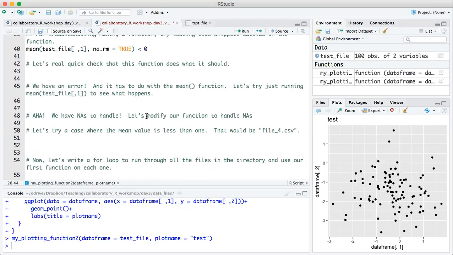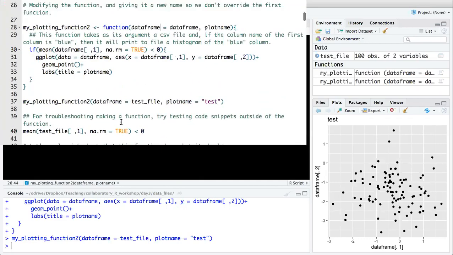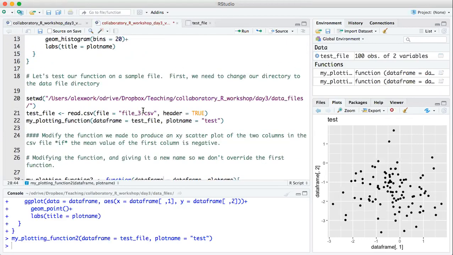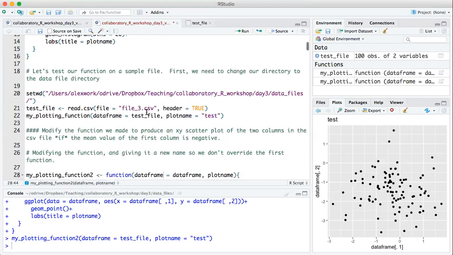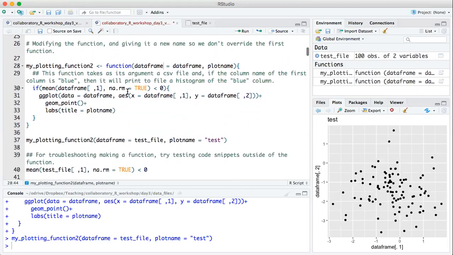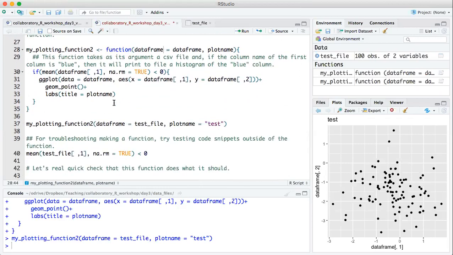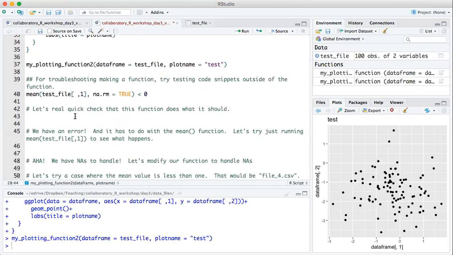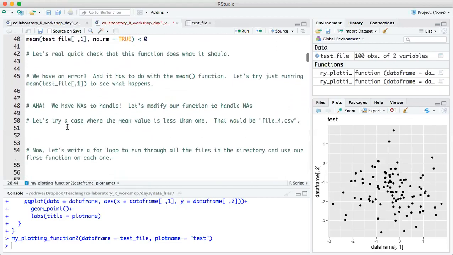I'm not getting the error anymore, but it's not trying the plot. Did you read the third file into R? And there's no plot being generated. I'm not getting an error, but I'm not getting the plot. Okay, then what we'll do is